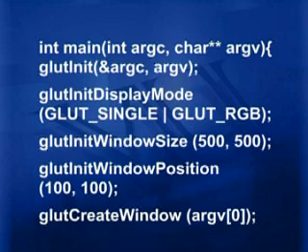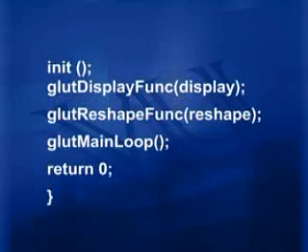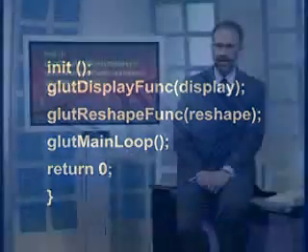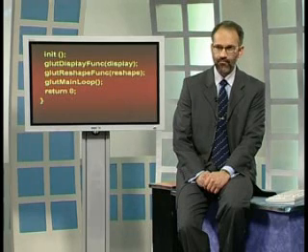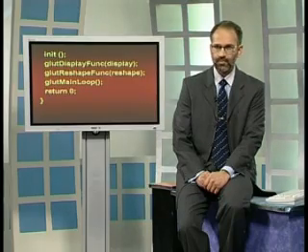Glut init window size is specified as 500, 500, and then glut init window position is given to be 100, 100. Glut create window is called next with the argument argv of 0. Then the function init is called, followed by the calls to glut display func and glut reshape func using the parameters display and reshape, the functions that we have already defined, followed by the call to glut main loop